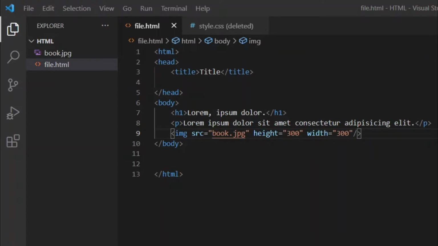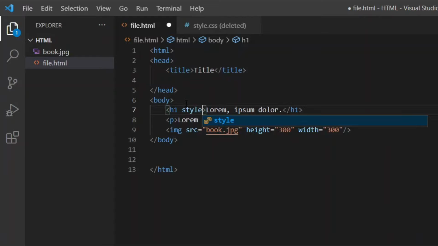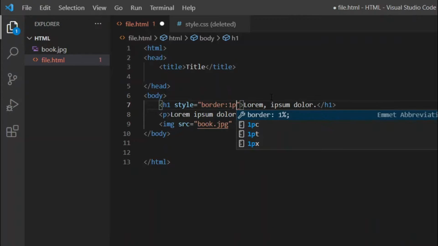Let's try adding a border around h1. For that, we go to the opening h1 tag and add an HTML attribute called style. Style is a global HTML attribute, which means it could be added to any HTML element, and as the name indicates, the style attribute is used to style the element. Inside of this style attribute, we can write our CSS. Now to add a border, type in border followed by a colon and then write the value of the border property. Type in 1px solid black, hit save, and we can see a border around it.